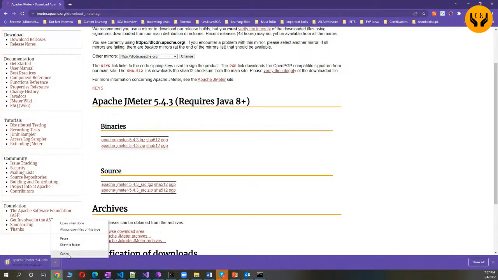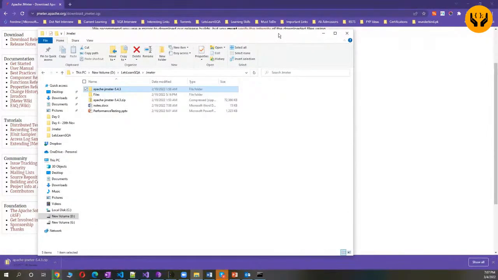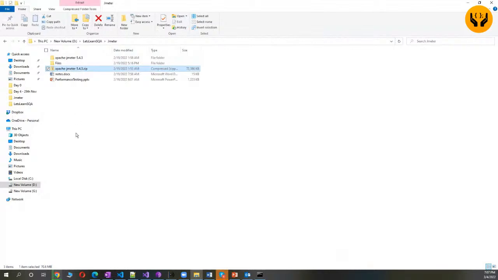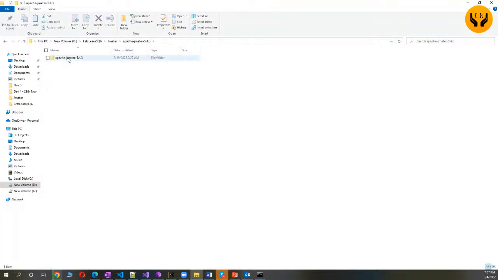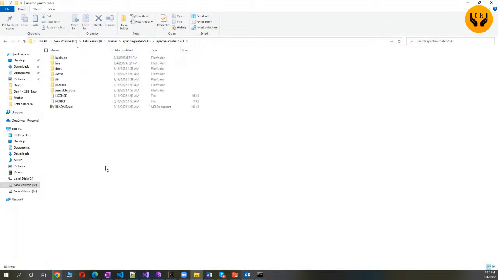I already have this, so I will skip this, and let me show you where I have it. Okay, here you go. This is the zip file which I already have on my computer. I downloaded it from the same resource which I showed you. We need to unzip this, and I have already unzipped it. So once this is unzipped and extracted,